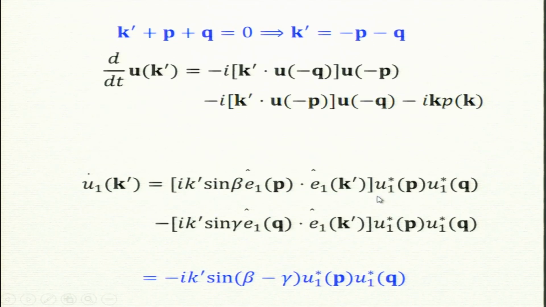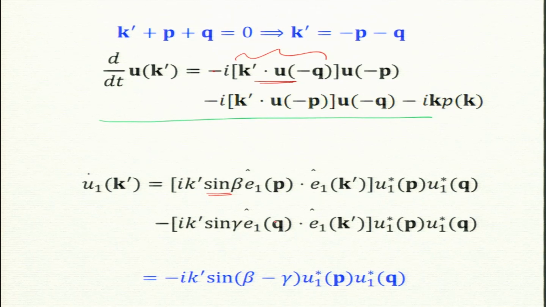So, these are the equations which I did in the last class, this one till here. I will just use the red again. But now, in yesterday's class I had a minus sin beta, the minus here, and this was sin beta, but now it has become plus sin beta. So, this is for clockwise, and please remember k prime, p, q are like that. Okay. So, I just have this sign change,